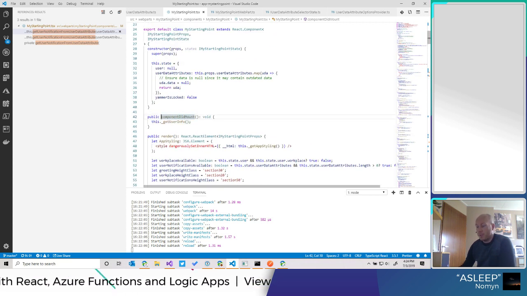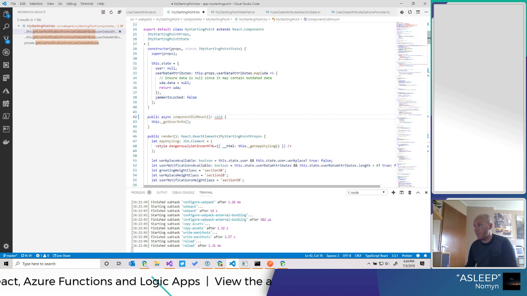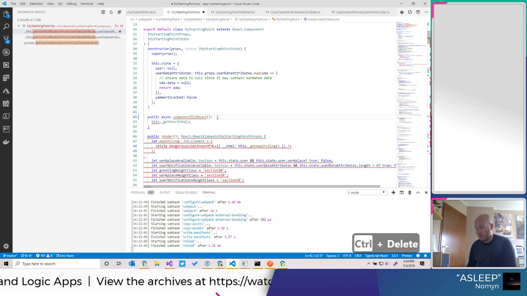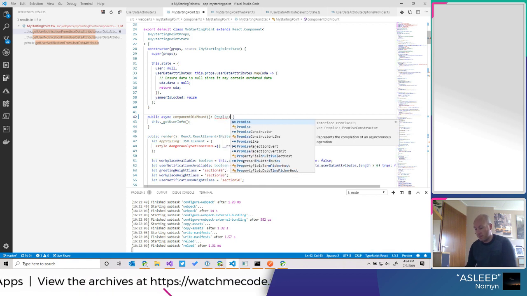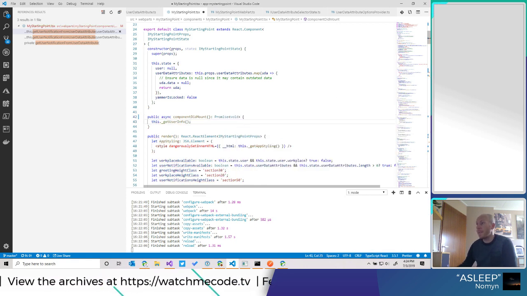Could make this async, by the way, which is maybe a bit nicer. It's not going to return void, but a promise void. And we could await this.